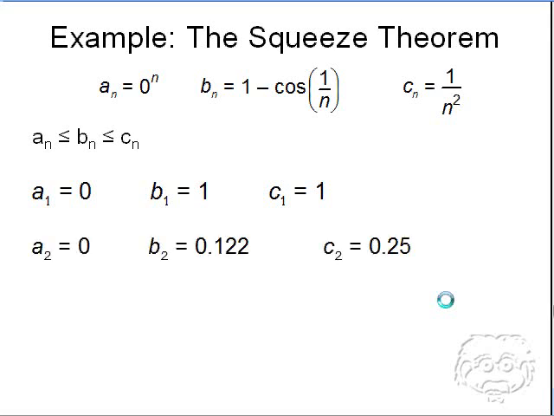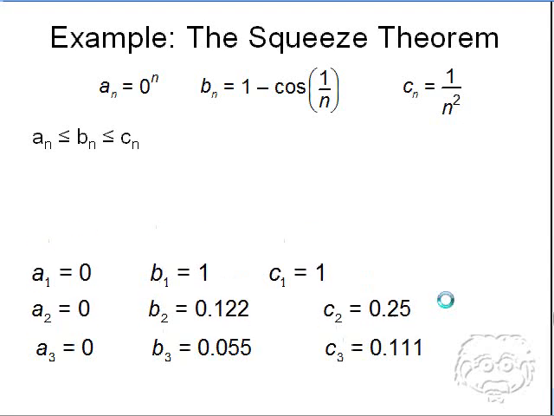And then for the second term, great, we still have a is less than b, which is less than c now, so it's still holding true. And it also holds true for the third term. So we've just demonstrated that this pattern is going to continue, so we can apply the squeeze theorem,